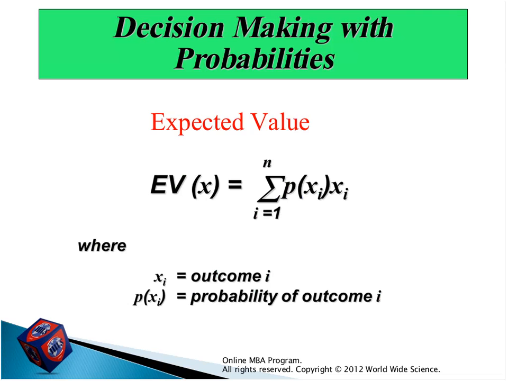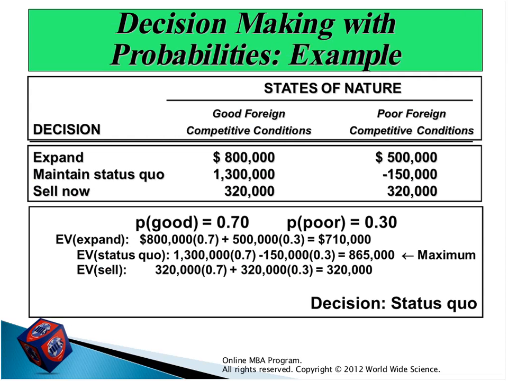P x multiply x means the probability of each state of nature, multiplied by the payoff of each state of nature. This is exactly the same as odds or equal likelihood. The method is the same, but here we have probability. For example, let me give the same example, textile company.